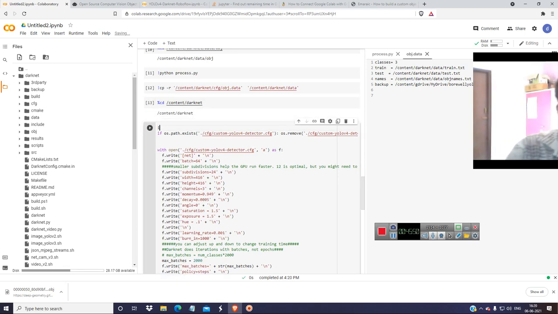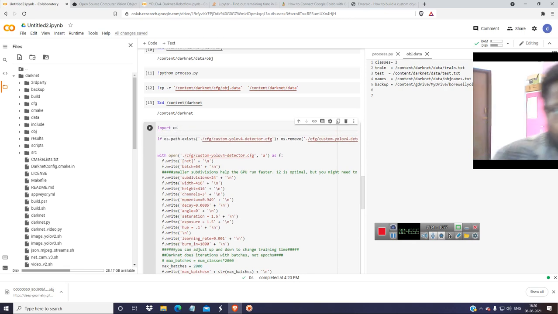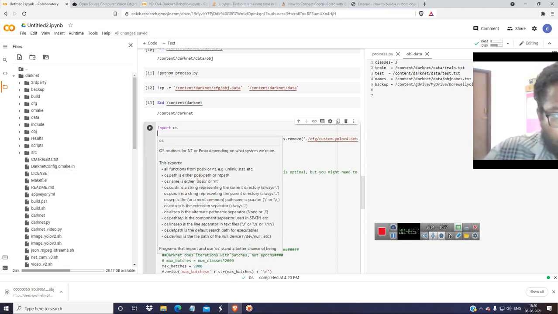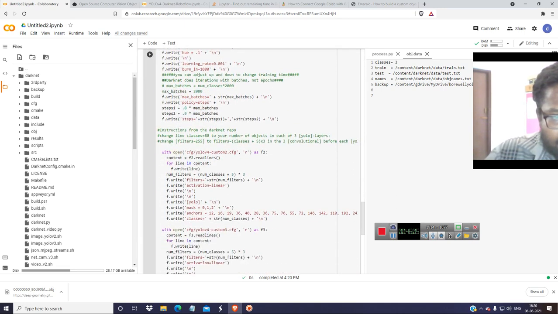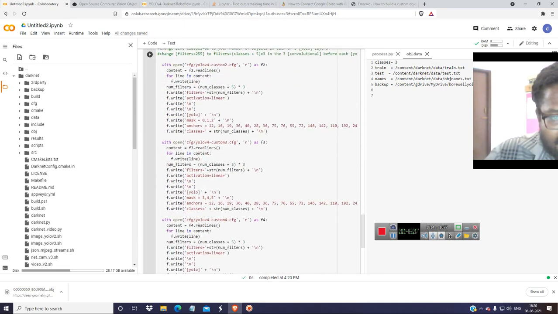Go here, percentage CD, and the first thing you have to do is altering this code. You have to type import OS, and no need of these things, it is just inside the thing. And now you have to go through these things. So num classes, you have to change all the num classes to 3.